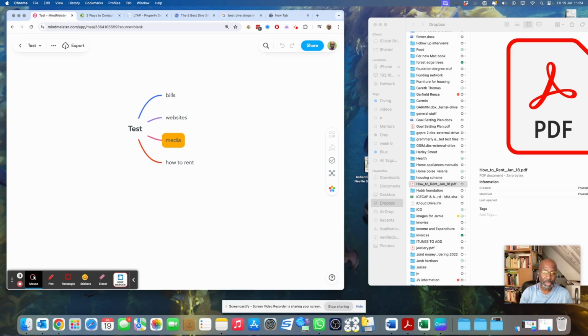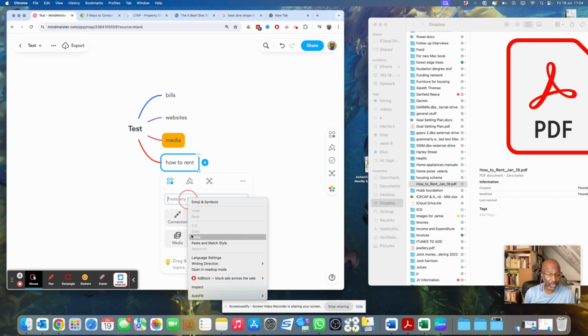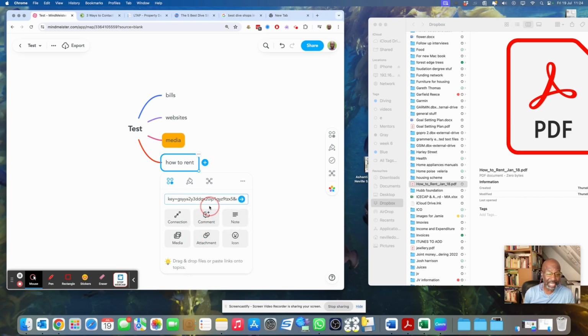Right. So you've got the how to rent thing there, and you click on here, which is a contextual menu. It says paste link in there. Because I've copied the link from before, you can paste it in there like that. You click on OK, wait until that goes green, click away from it,